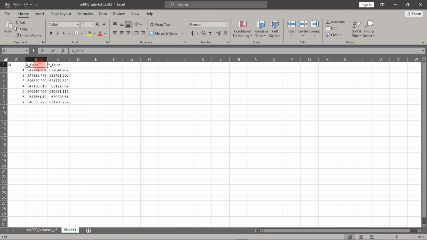Now let's change the name of X coordinate to easting and Y coordinate to northing. Then we will select all the cells that we need and declare it as database. We are selecting all the cells. We will name it GCPs and click enter. Finally, we will save it as 1997 to 2003